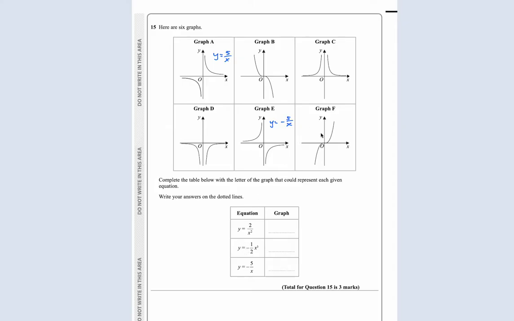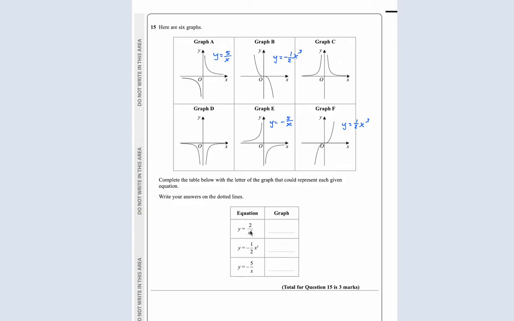The cubic, so this is a positive cubic. This would be y equals a half x cubed, but this is the negative cubic. So as x gets big, y gets big but negative. So this would be y equals negative a half x cubed. And then the